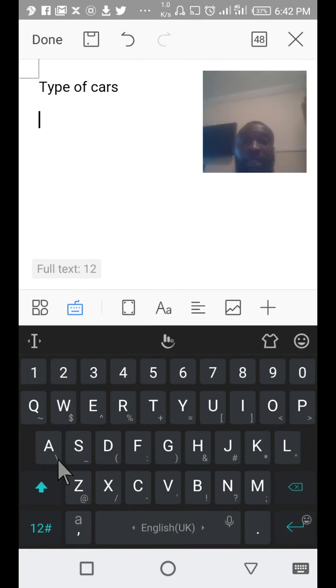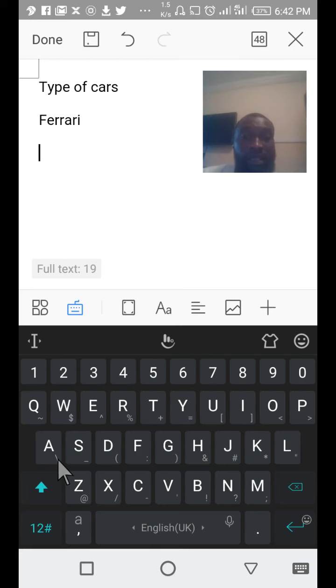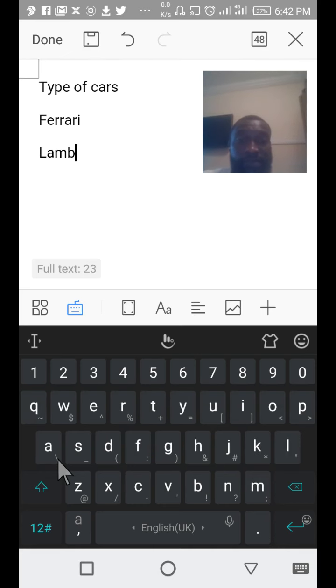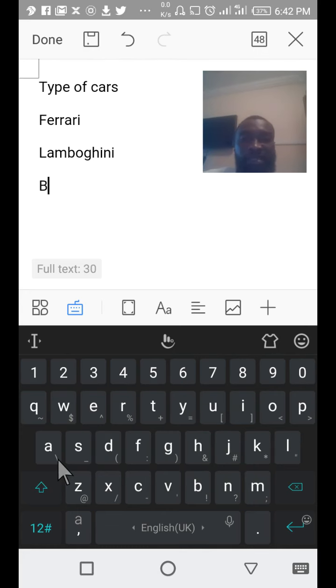Then let's say under the type of cars I have Ferrari, and Lamborghini, and okay, let me take Benz. I love Benz, it's like my favorite car. All right, now I'm going to just refresh your mind on what we did last time by formatting the